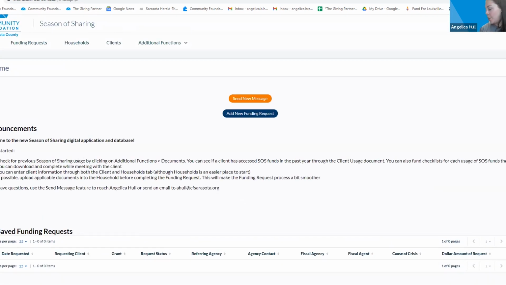So with this initial overview of the homepage, let's say you have a client come into your office and you're trying to figure out if Season of Sharing is the right fit. Traditionally, one of the first steps you've taken is reaching out to a fiscal agent directly and asking, has this client accessed their limit of Season of Sharing dollars, or how much money is available to them right now? In the new platform, we are building a system where you will have access to that information yourself,